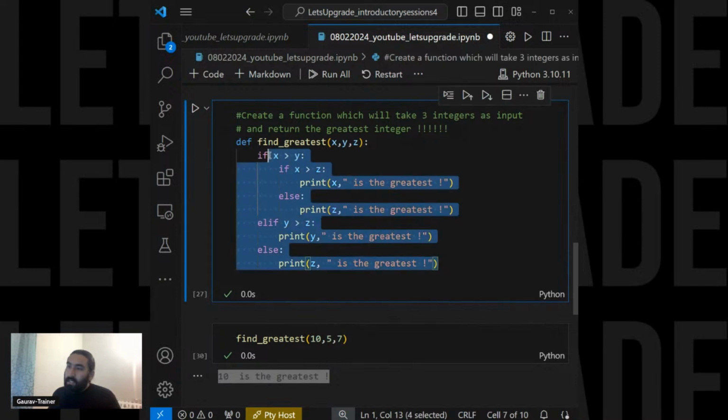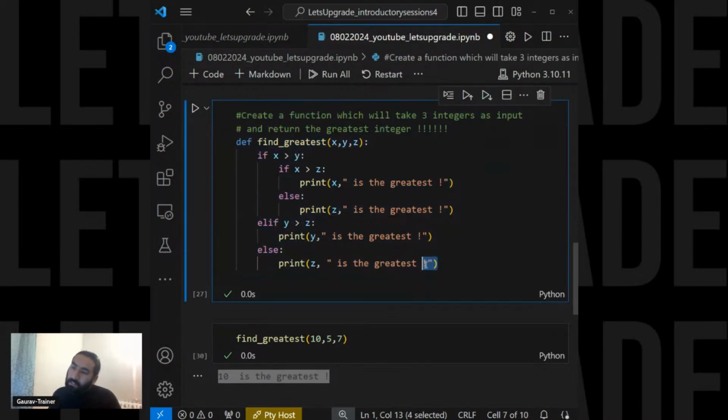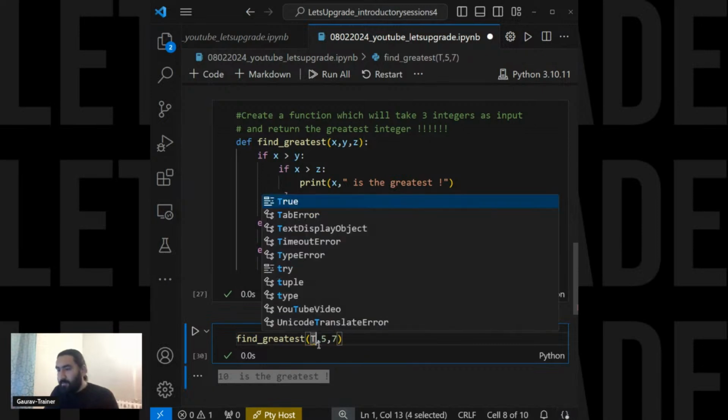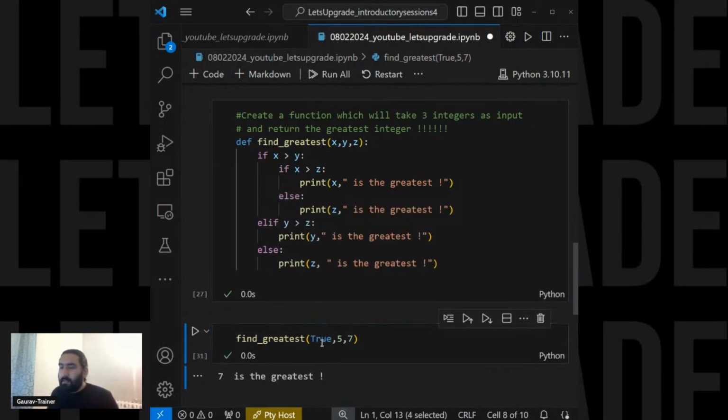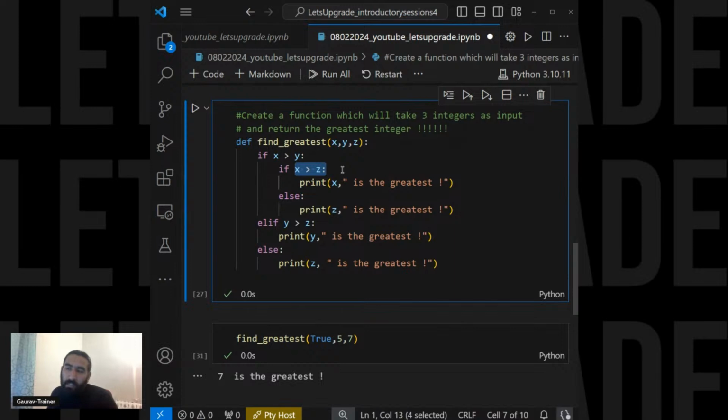So this is the idea of creating any functions, and modules comprise of your functions or scripts that you write, and they are supposed to do particular tasks. Like for example, we have created a machine right over here. This machine can find the greatest values. So tomorrow, if I pass true over here and I run it, basically it will be able to compare between